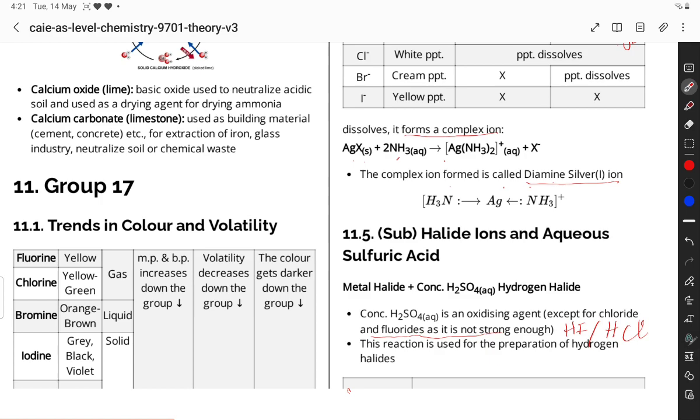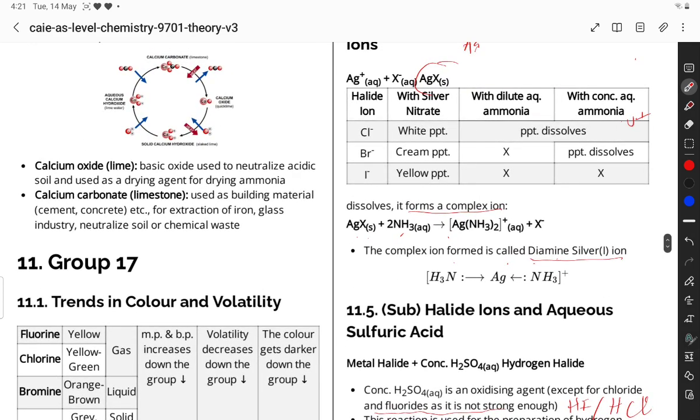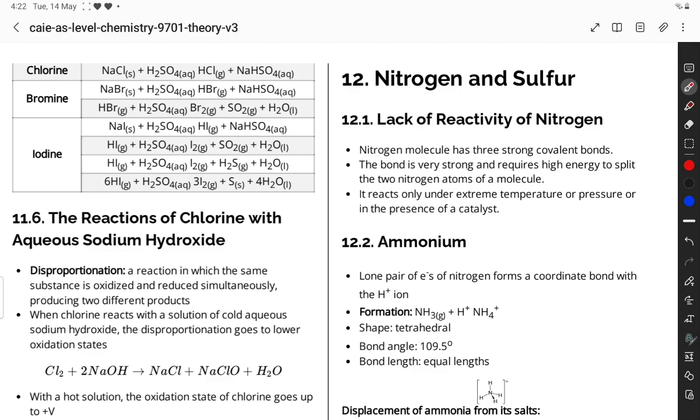This reaction is used for the preparation of hydrogen halides. For example, when sodium chloride reacts with sulfuric acid, HCl plus sodium hydrogen sulfate is formed. This is not further oxidized by sulfuric acid. But in the case of bromide, NaBr reacts with H2SO4 to form HBr plus sodium hydrogen sulfate, and hydrogen bromide is further oxidized by sulfuric acid to form bromine gas plus